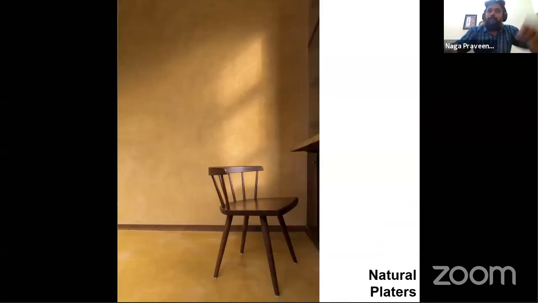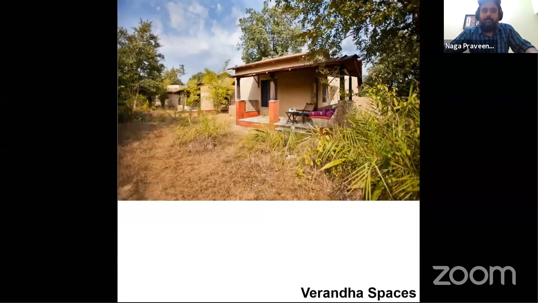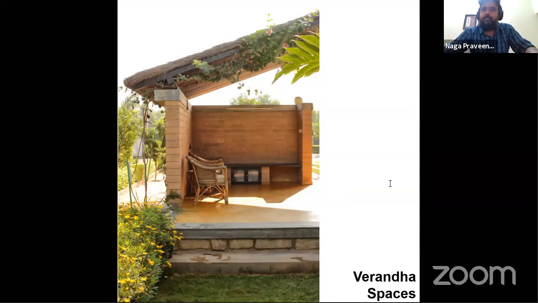Then another important element, the filler slab kind of technique, involves the local handicrafts as well in the built environment. So these are a few techniques which we generally use in order to reduce the amount of energy or reduce the amount of heat inside the houses, or make them more livable, more environmentally friendly spaces. So coming back to our general discussion.